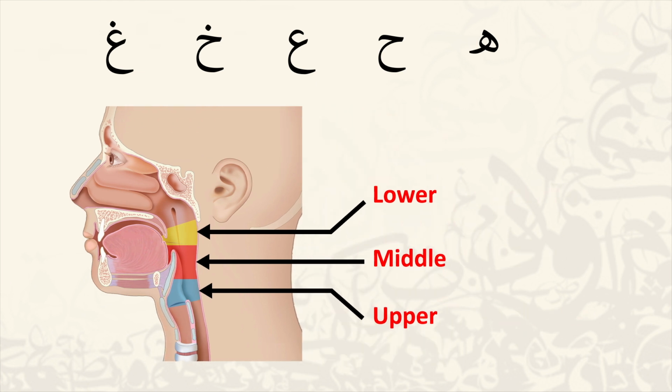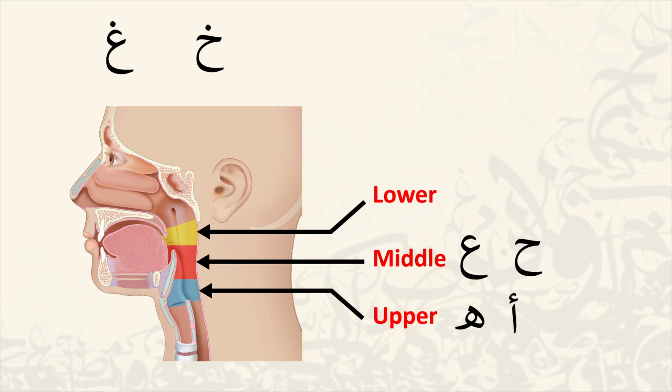Letters A and H are produced from the upper throat. Letters H and A are produced from the middle throat, and letters Kha and Gha are coming out from the